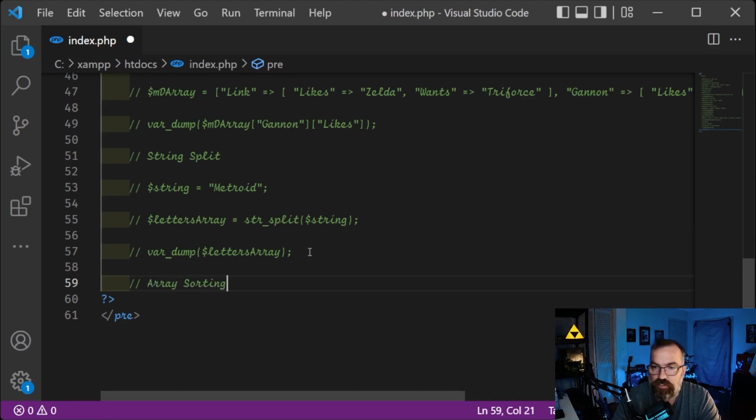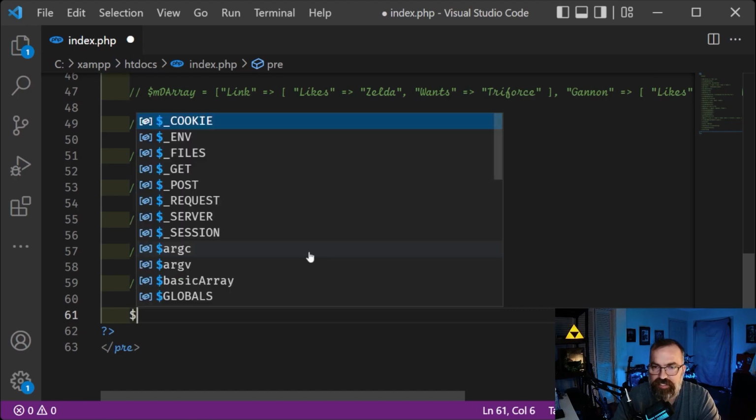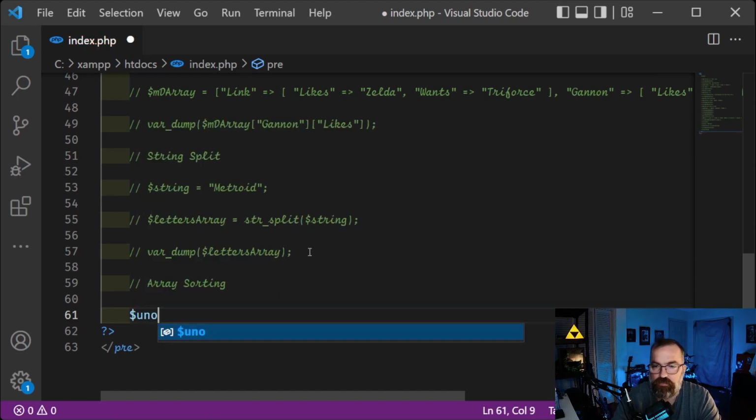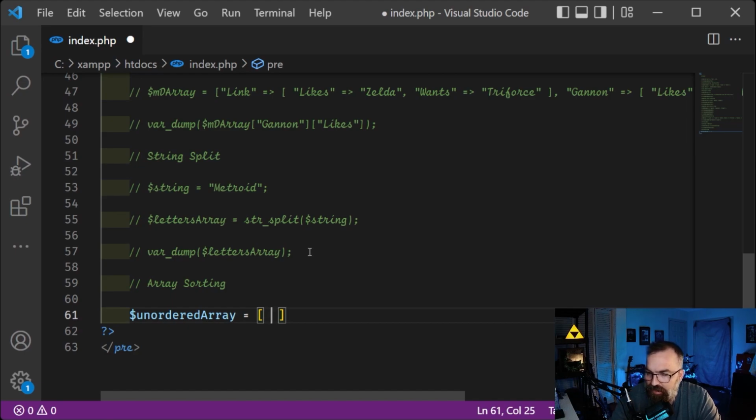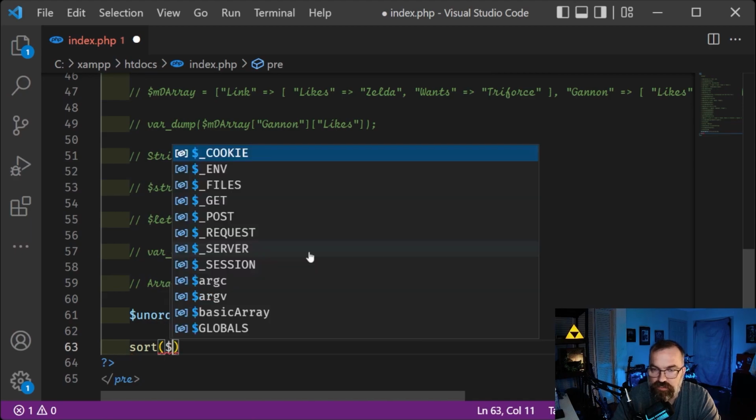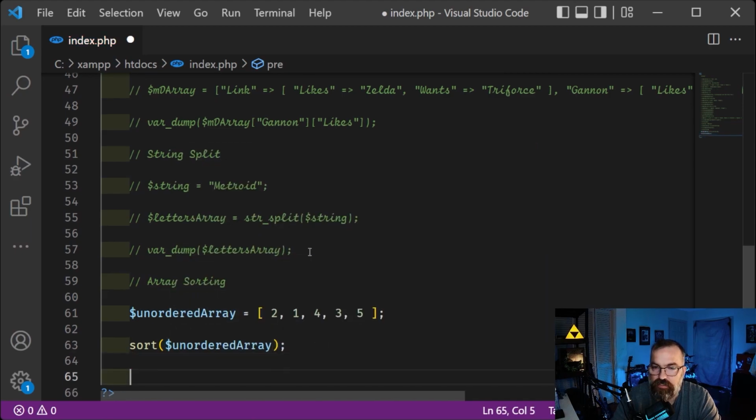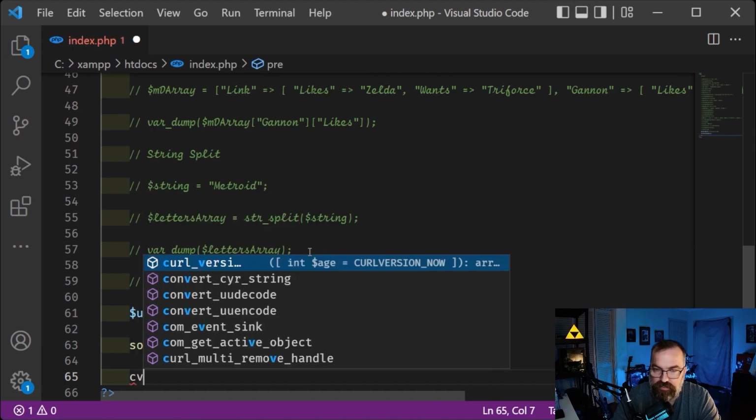So we'll go with array sorting. Say we want to take an unordered array. For some odd reason we get an array of indexes, and they're not in order. Let's say this is the unordered array, so 3 and 5, as you can see they're not in order. If we do a thing called sort on the unordered array, you'll see when we var dump this,